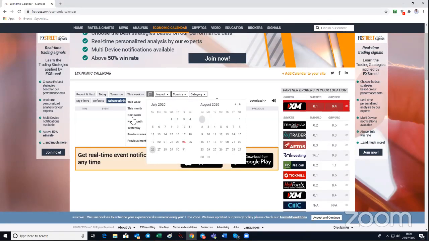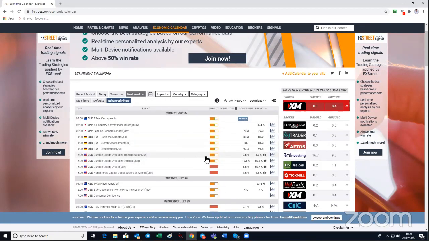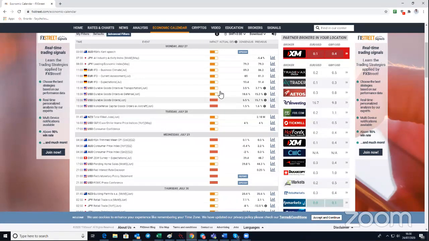Okay, let's say next week. All right, so Monday, July 27th. Look at all the red ones as well. Yeah, we look at the red ones. We see that it will start with USD as well. Okay, good. So you see, we've got high impact news today on the US dollar, and then we start the week on a Monday with again some US data releases. Definitely we will have loads and loads of impact in the market, especially today. I think it will last until the market closes, and then Monday we will see a bigger gap as well, because it's driven by the fuel of fundamentals.